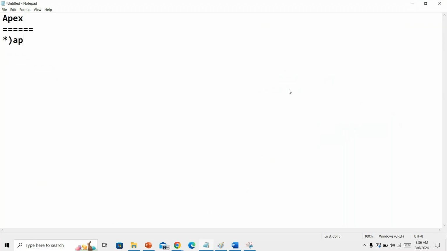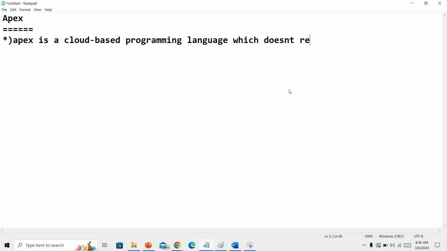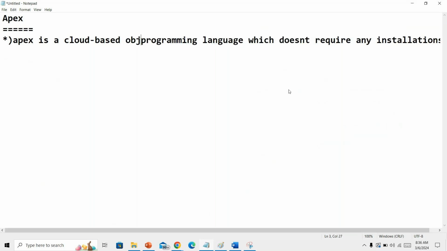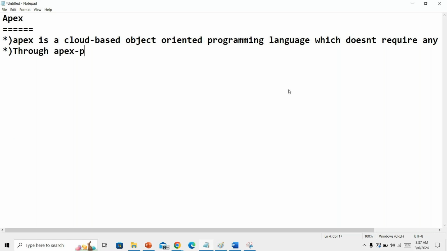Apex is nothing but a cloud-based object-oriented programming language, which does not require any installations. Through Apex programming,